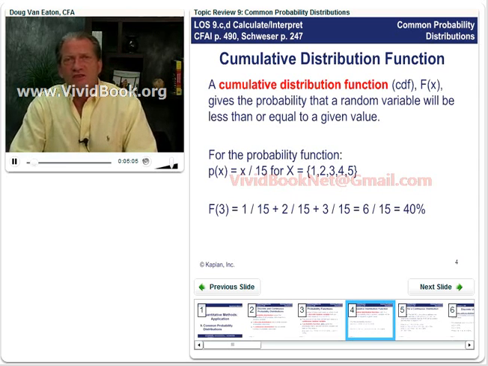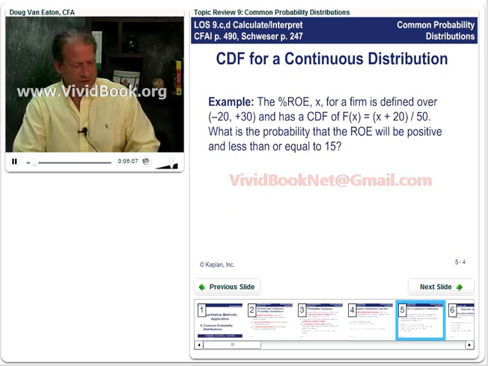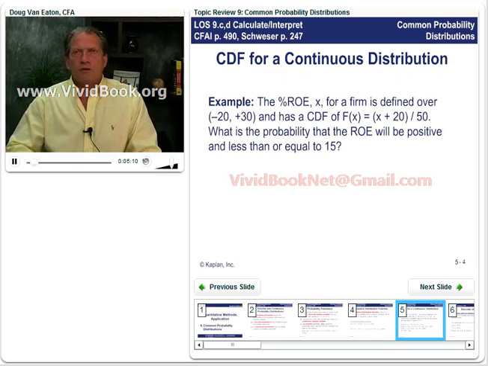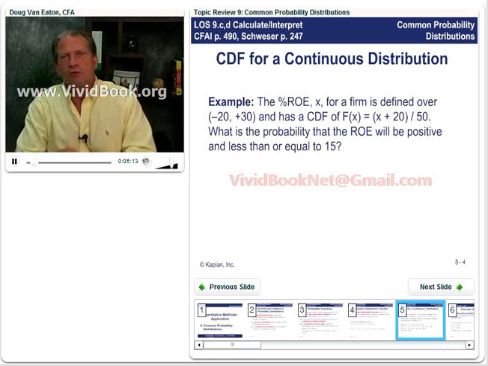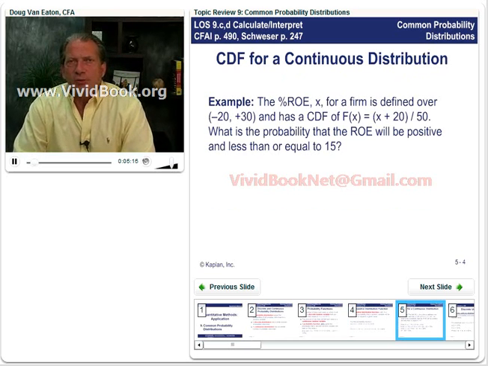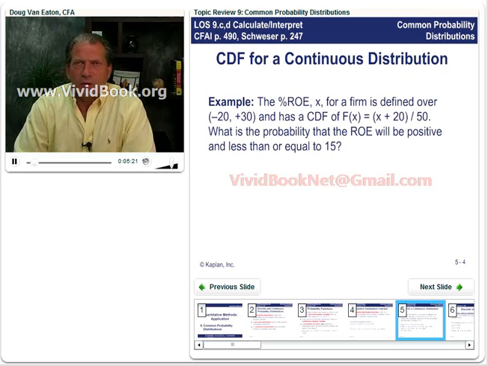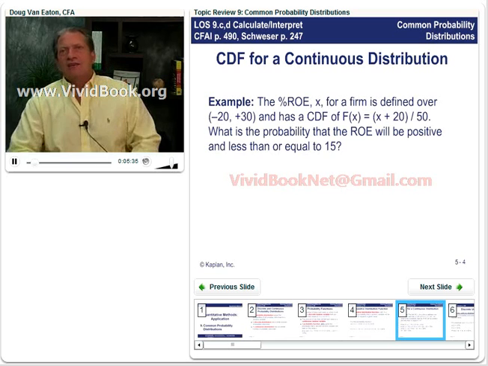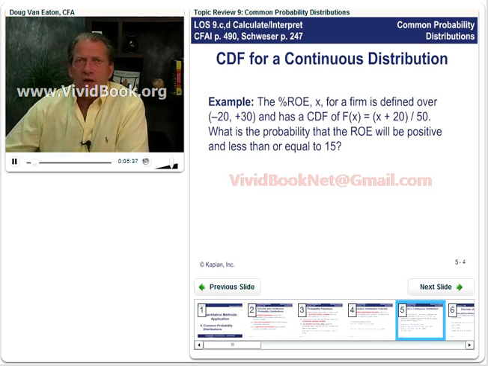Now, if we're talking about a continuous distribution, there's one thing about this cumulative distribution function and the way we can use it here. We'll illustrate this in an example. Say we're looking at the percentage ROE for a firm, and that's X, our random variable. It's defined over the range minus 20 to plus 30, clearly in percent. The CDF, capital F of X, is (X plus 20) over 50. And here we're asked, what's the probability that the ROE will be positive and less than or equal to